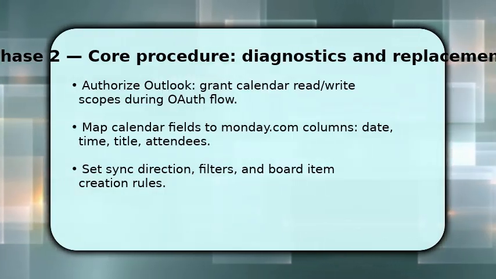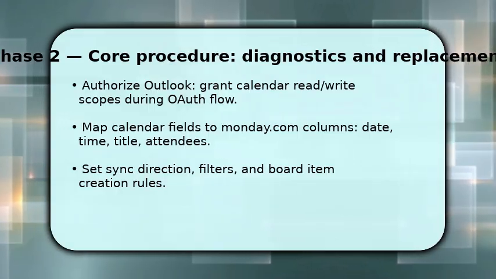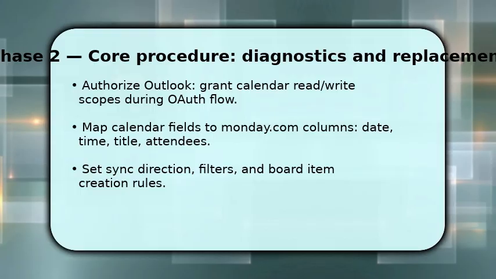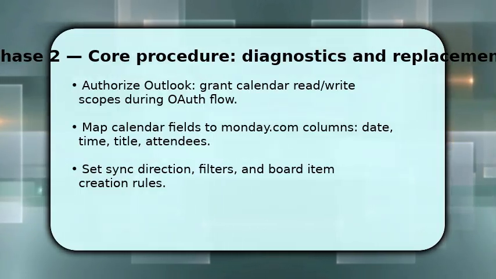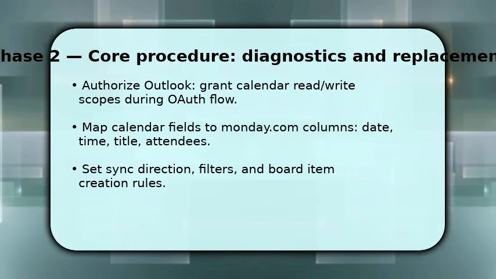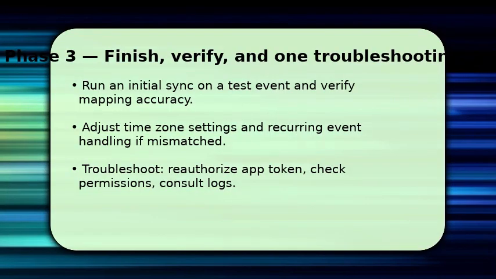Next, set sync direction and filters. Choose one-way if calendar remains source or two-way for bidirectional updates, and define rules for creating new board items from events. Finish by running an initial sync with a simple test event so you can verify fields, time zones, and